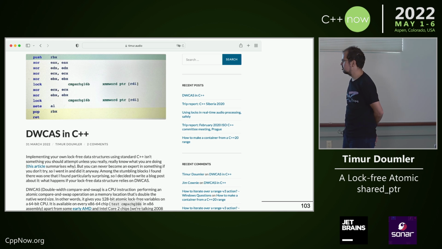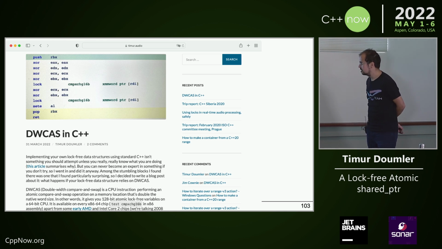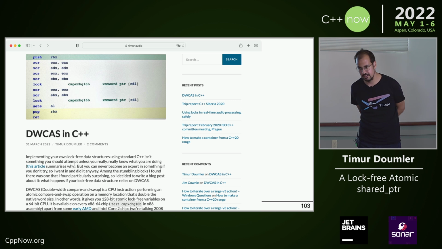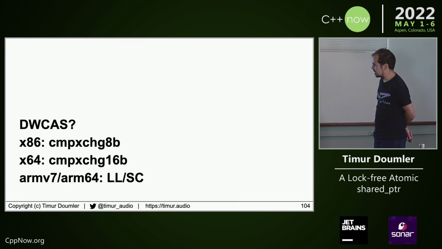And I actually, a couple months ago, wrote a long blog post just about double width compare and swap, which you can find on my blog, timur.audio. I'm just going to do an extra quick summary of that investigation, which is basically, yes, double width compare and swap